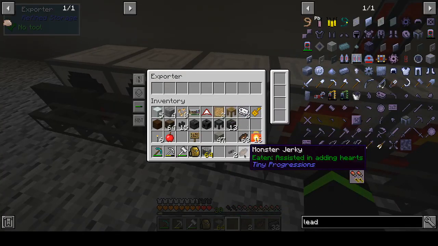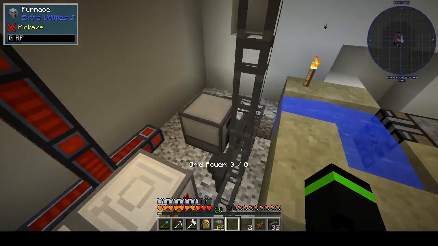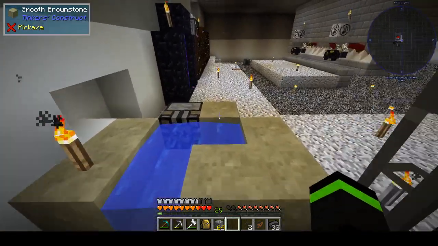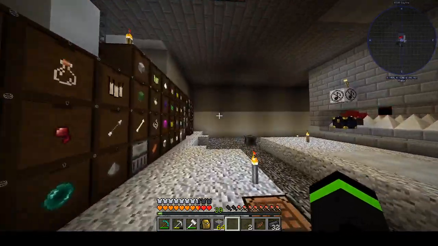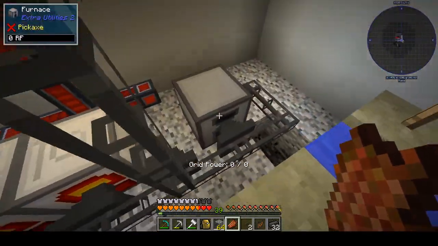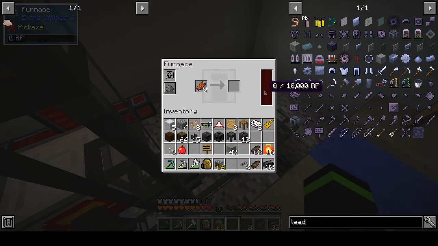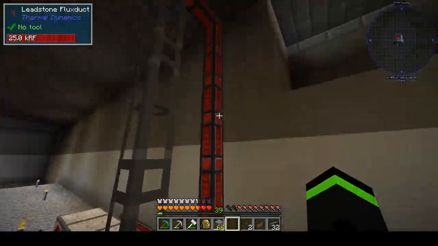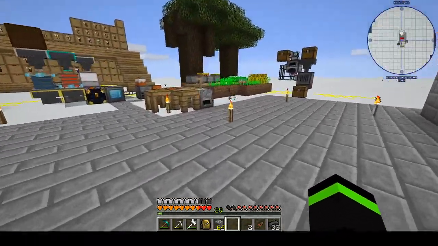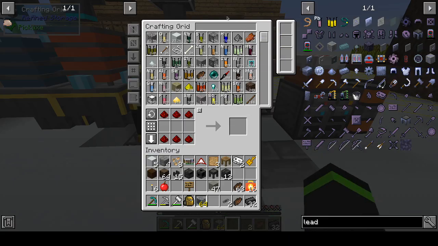Exporting in this. And then we tell it to this. So theoretically what this is going to do when it's all connected up, it's going to automatically make power and stuff. Meanwhile,